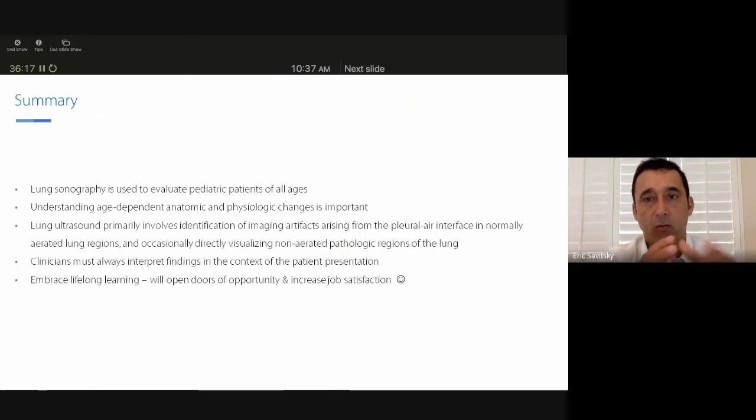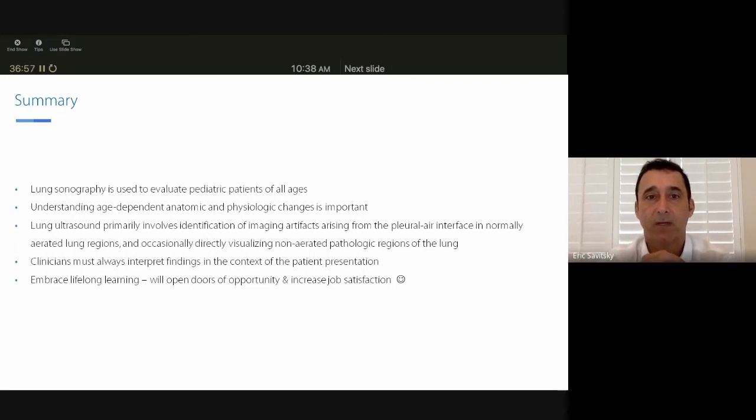So in conclusion, we've gone through a lot of the principles of lung sonography. We've seen them applied with 3 real life cases. And just to close our time out today, lung sonography is used to evaluate pediatric patients as well as adults of all ages. Understanding the age-dependent anatomic and physiological changes is important because that influences what you see with lung sonography. And then lung ultrasound, once again, it's a misnomer to call it that in some ways, and it primarily involves identifying imaging artifacts that arise from the pleural air interface of normally aerated lung regions, and occasionally visualizing non-aerated